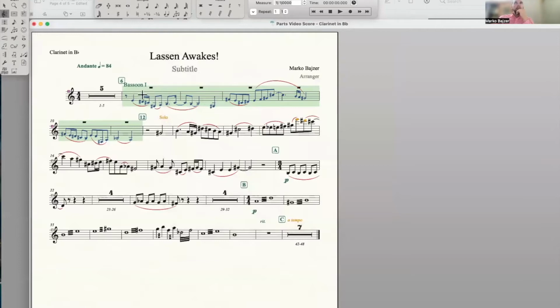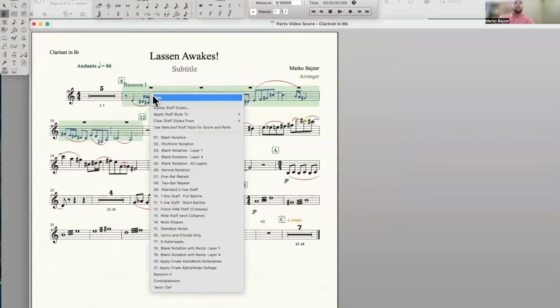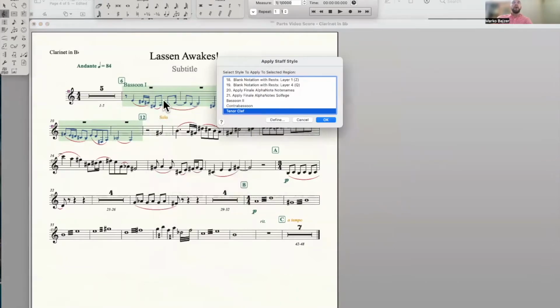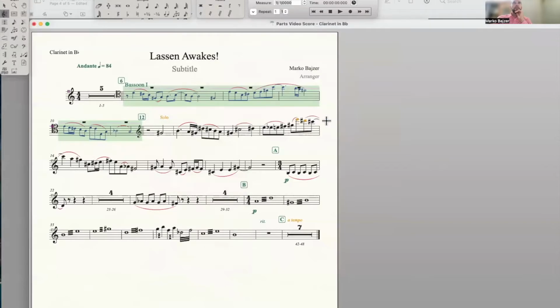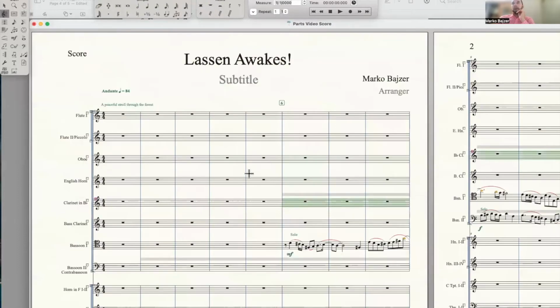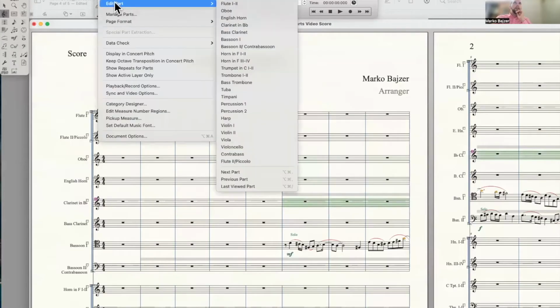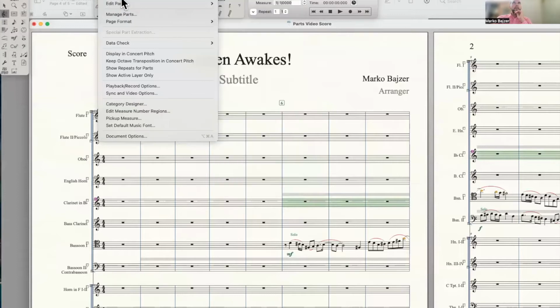Now we have the cue selected. Select cue, right click, and then apply staff styles to current score parts, right? Because we only want to do it on the part, not on the score as well. And then tenor clef should be selected, and then we push OK, and now it's back to tenor clef. But in the score, it's still in treble clef. So a little bit convoluted, I know, but